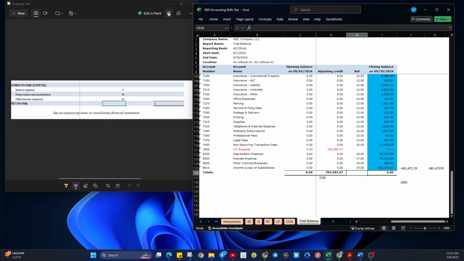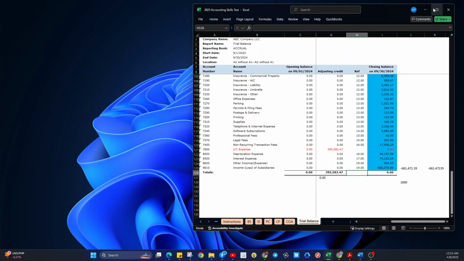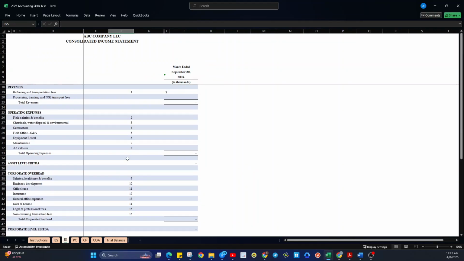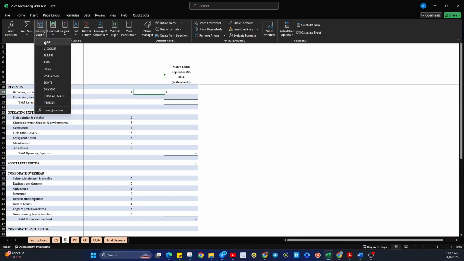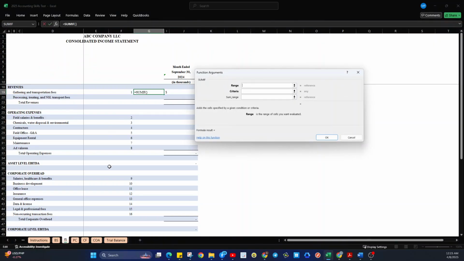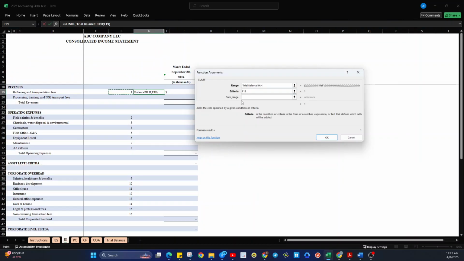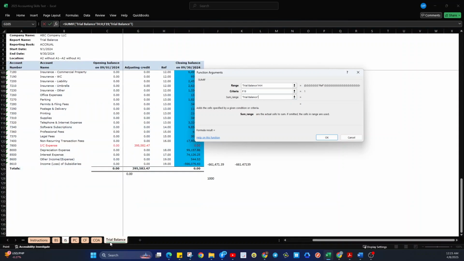Alright. So the next thing that we could do here is, since we have the numbers here, we'll do a sum it. So formula, recently use SUMIF. So let's go to trial balance, go to reference, criteria, here, the sum range, then okay.